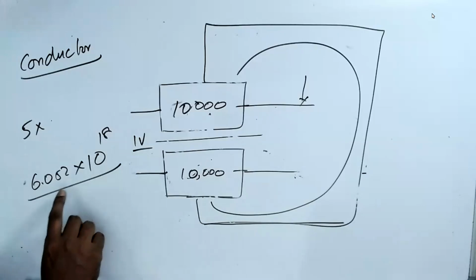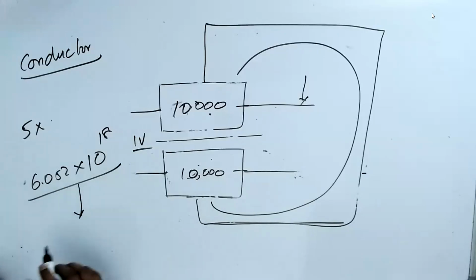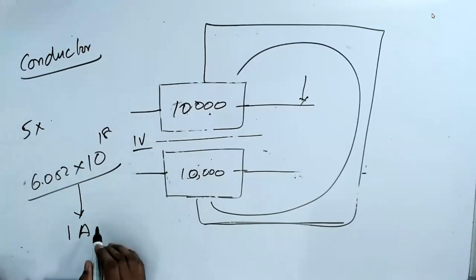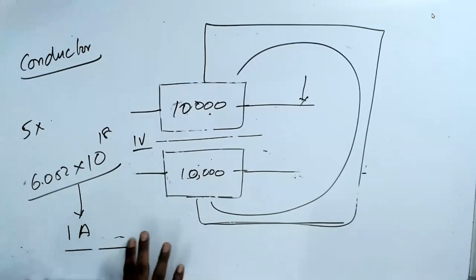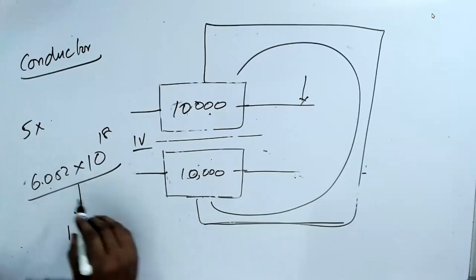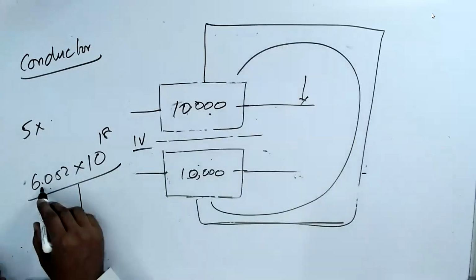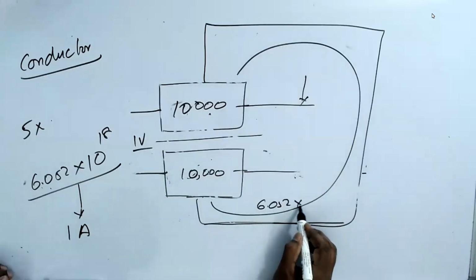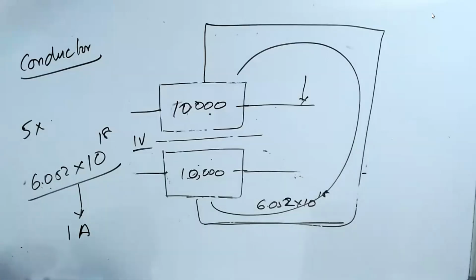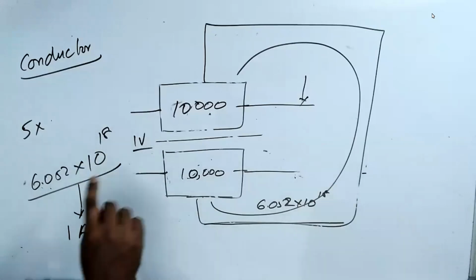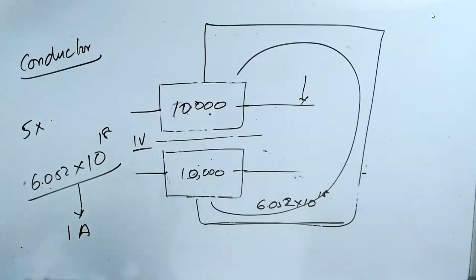People also say that this is a unit called 1 ampere. Let's assume 1 ampere. That means if this many electrons flow through that, how much? 6.052 into 10 power 18. We know all of this. I'm just refreshing all the concepts, because I have to start from somewhere. I'm starting with this possibility: both are the same number. Please understand, 1 volt and 1 ampere have the same number of electrons.